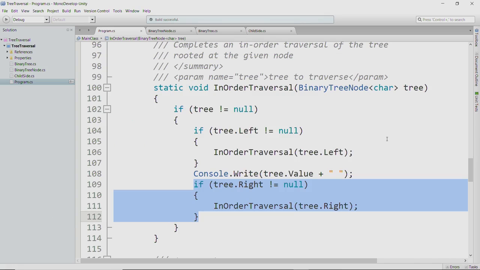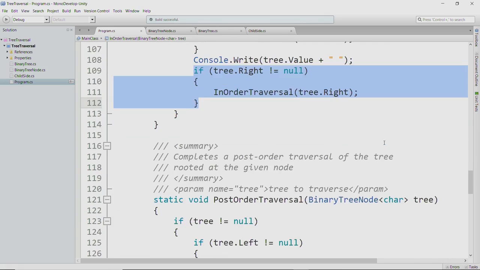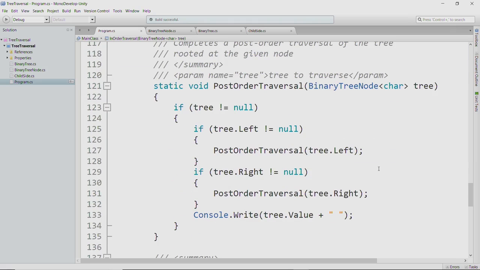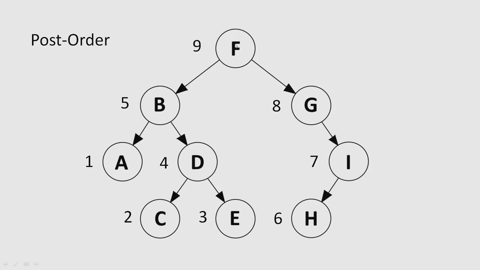And for the last depth-first traversal technique, we'll look at post-order traversal. The difference here is we do the left side, then we do the right side, then we do the node. So again, we go as far down as we can on the left side, so we do A,